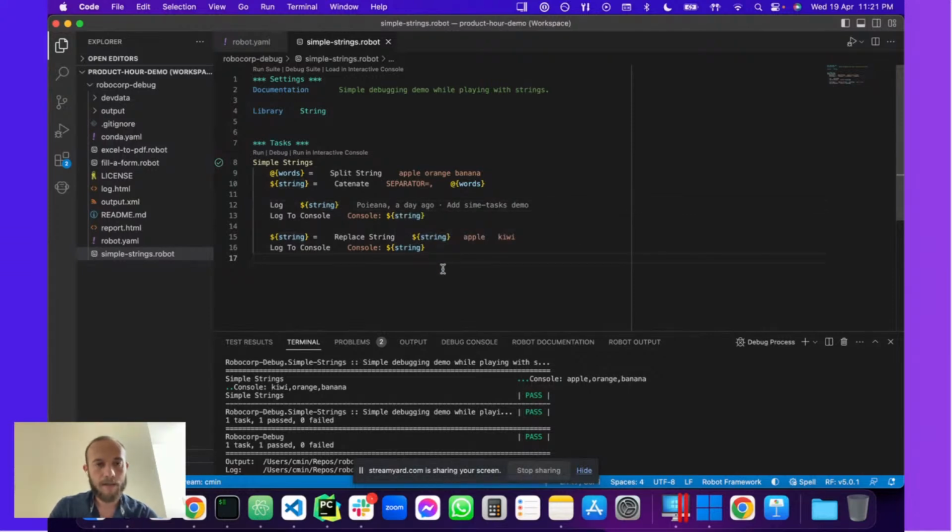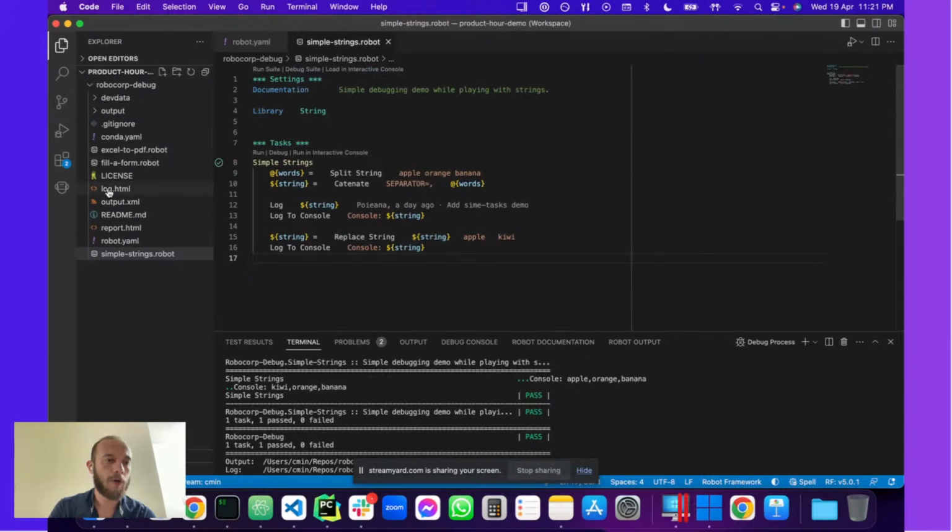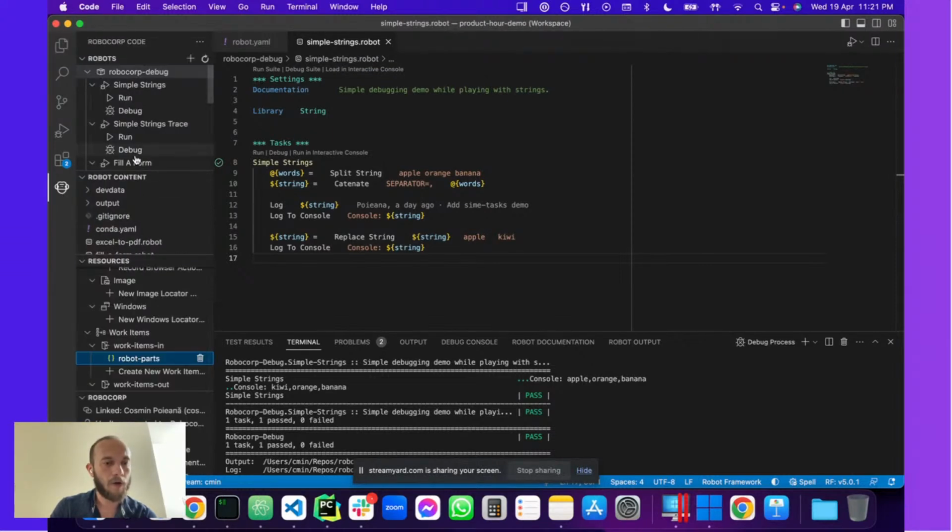I'm running this with Command Shift P to open the command palette and using the run robot command. Or you can go to this little monkey head here, our logo, and you will see your bot, and then you can use the run or the debug buttons that you will see later on. Never use the one here on the right, because this is coming just from VS Code. The ones here are coming from our extension, and they will initialize the environment properly, so everything will be just in place, especially on the debug side.